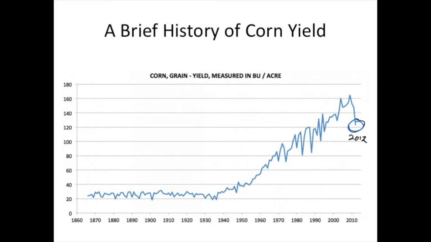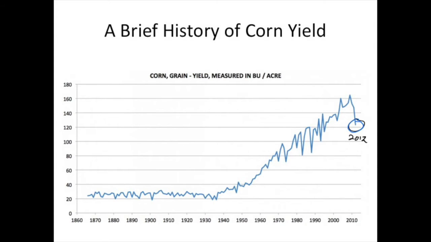The first is, look at the last year on that, 2012. That was a drought year, and as you can see here, occasionally on corn yields we have yields that are lower. Those happen to be usually associated with droughts, and those happen again periodically. Those often raise a bit of concern if there's something longer term there.